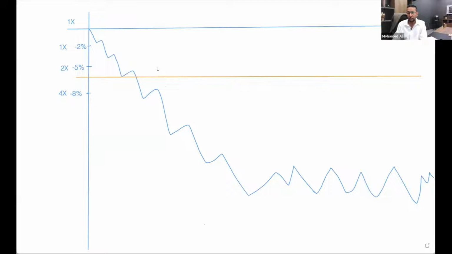So let's talk a little bit about this average price. What's in this average price? How do we calculate the average price? In this average price, we have a couple of variables. Because we are doing spot trading, we are buying coins. We're not buying leverage. We're buying coins, coin against coin. We're using USDT to buy a specific amount of coin.